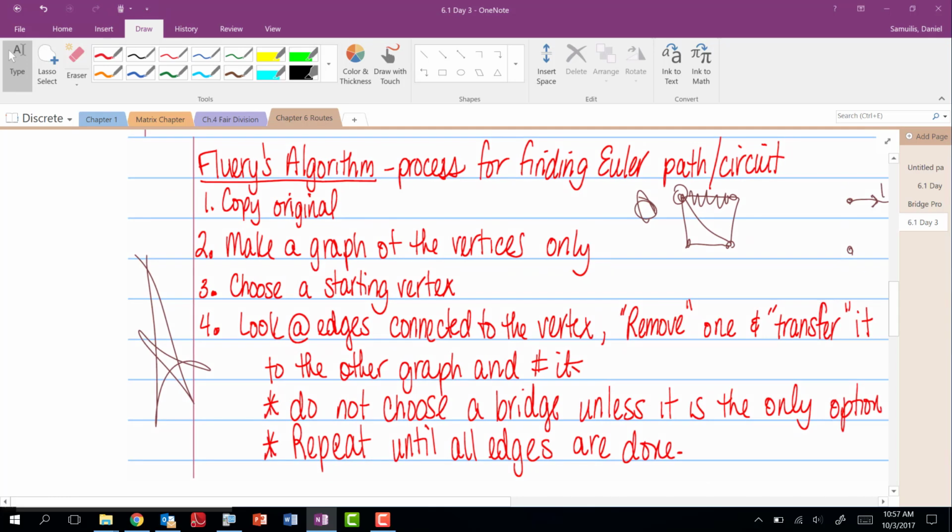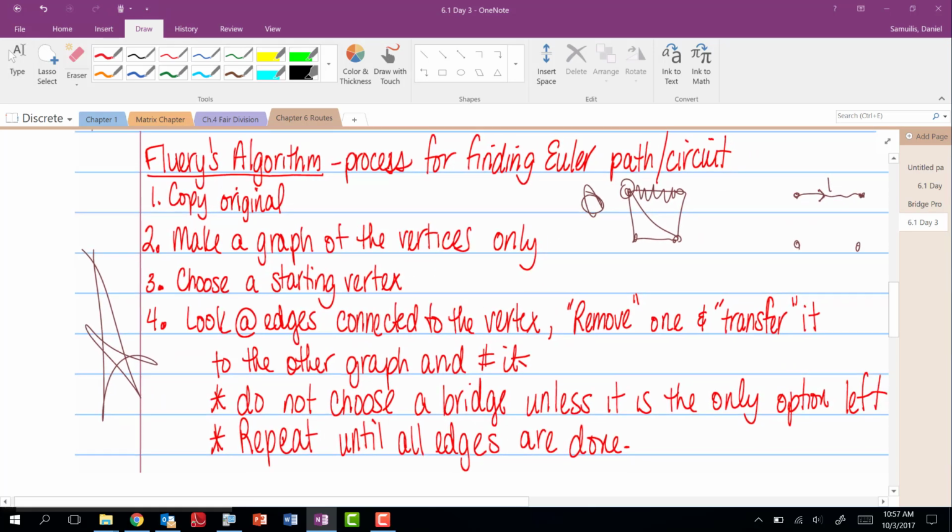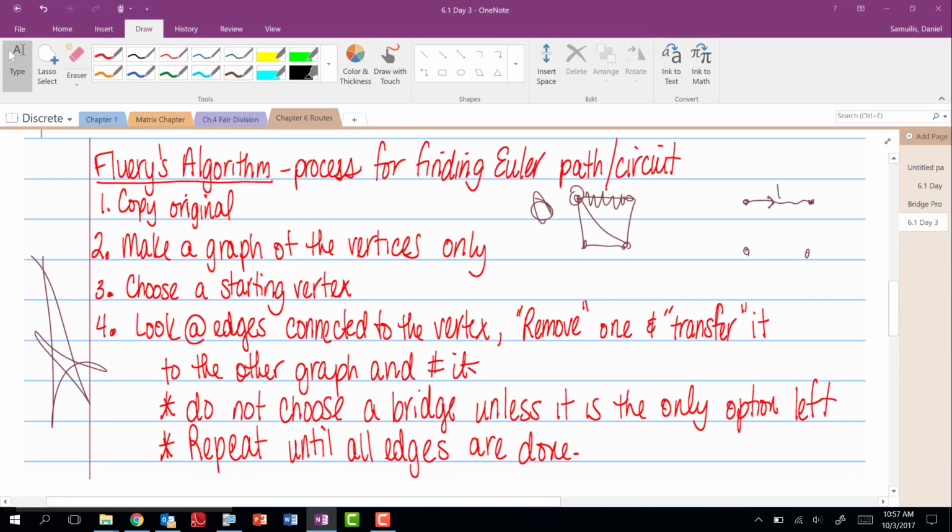I let first hour write Fleury's algorithm, and then I remembered, you know what? We didn't even use this last year because it's a little confusing. But just look at it. Don't write. She's writing. I'm going to knock that pencil right out of your hand. All right? This is how you could do your homework. And I'll actually show this on the next example.